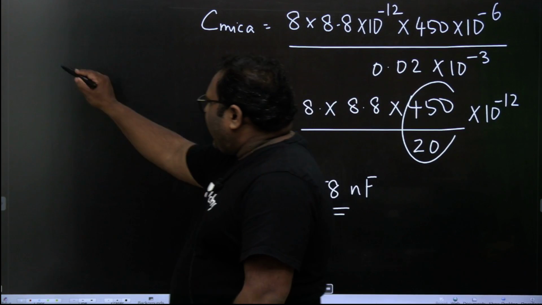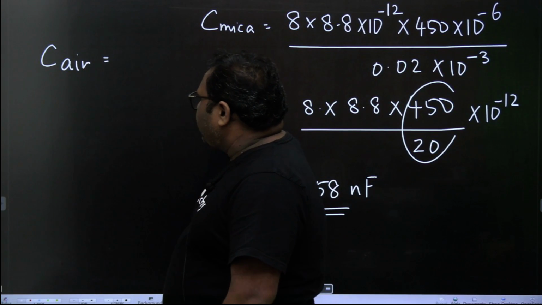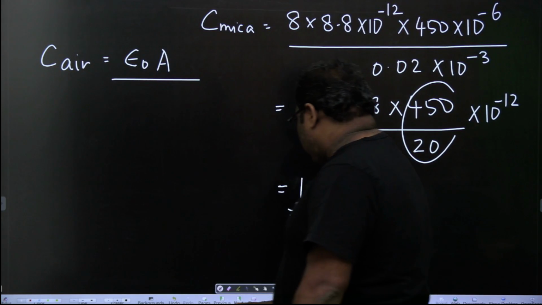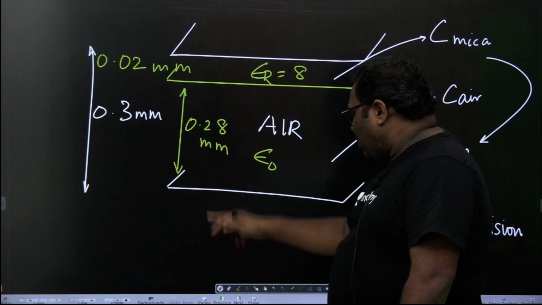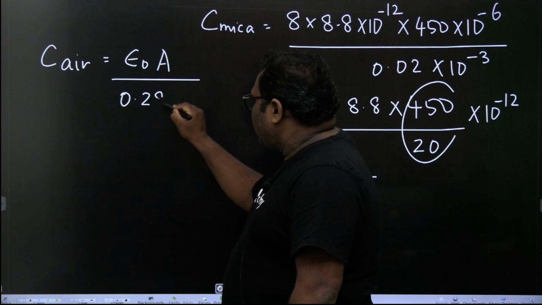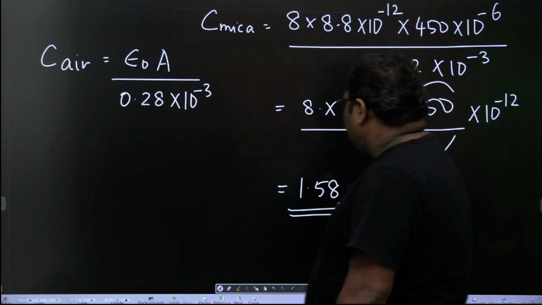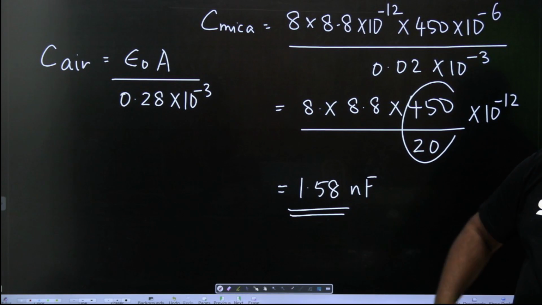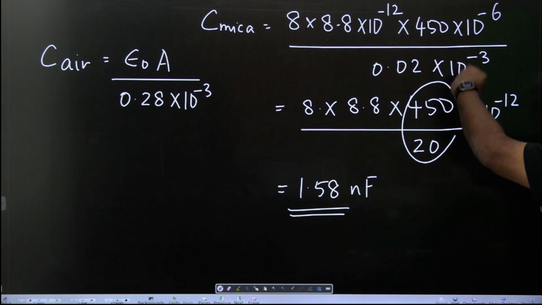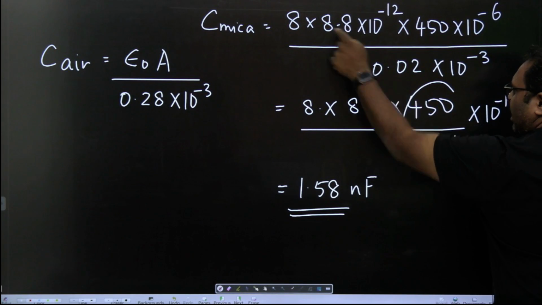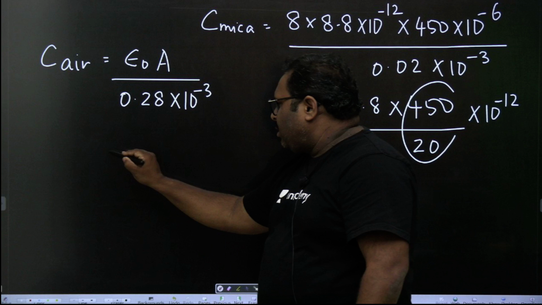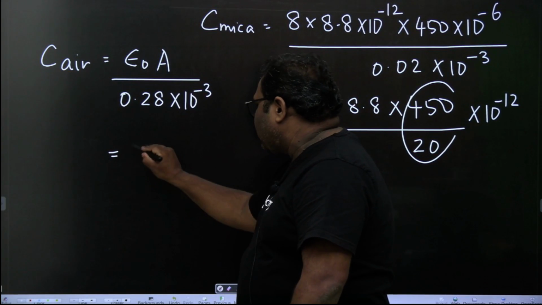What about C of the air? The capacitance of the air is still going to be there, epsilon naught, area तो वही है, distance is only that 0.28 mm. So 0.28 into 10 power minus 3. So this still continues to be in picofarads only. ये इतना बड़ा नहीं आएगा. Because of this 0.02 now you got a very big value. एक 8 भी है यहाँ पे, एक 0.02 था, तो ये नैनो में आ गया, ये तो पिको में रहेगा. And I think it comes to be 14.14 picofarads.